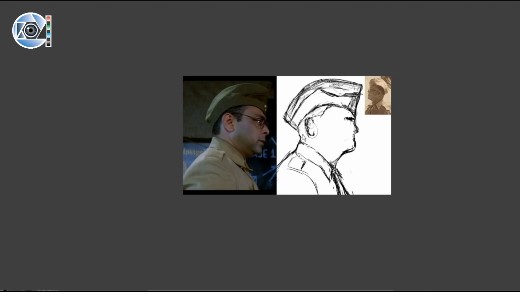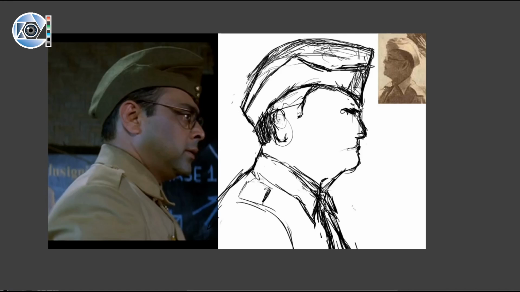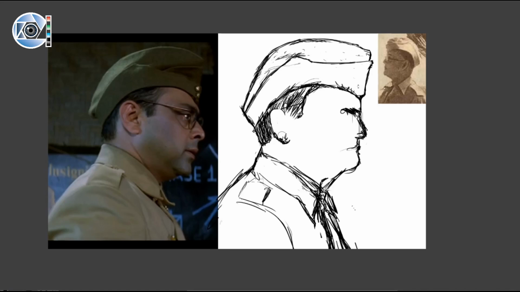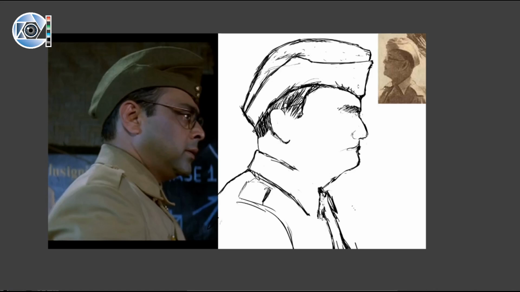In digital painting, the advantage is, unlike pencil and rubber, you have do, undo, erase, redraw, and when you make 100 revisions, one time you find it quite accurate and quite close to the desired look. I tried to keep the ear similar to that of Netaji, and wherever I found a flaw, I tried to correct it. And gradually, at one point when I was convinced that this could be the best possible look within the stipulated time,